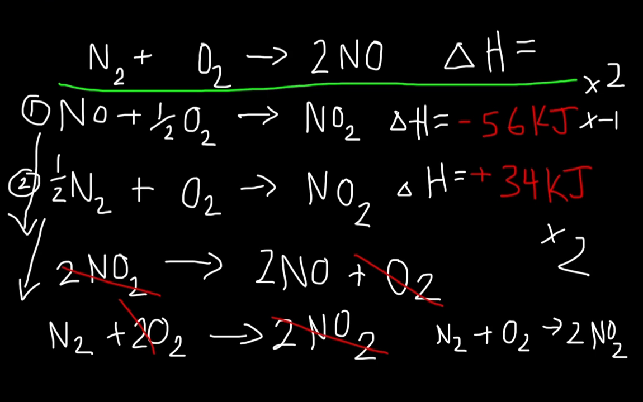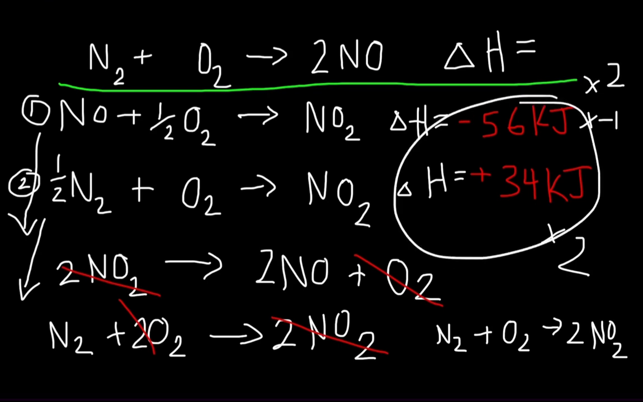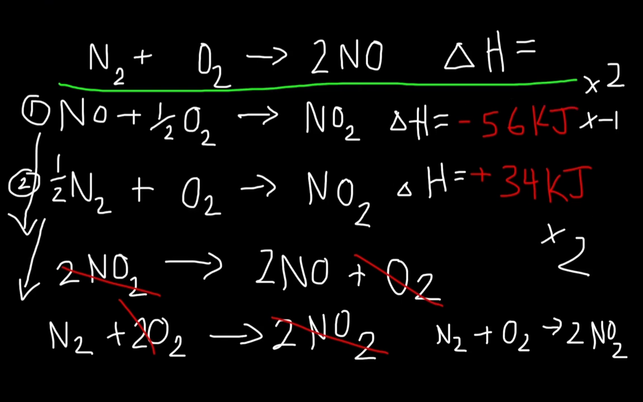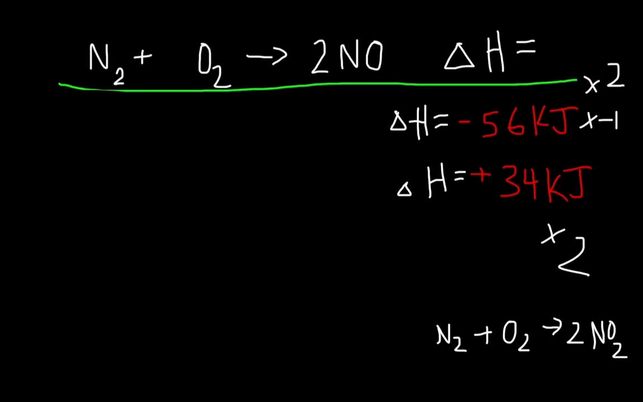And now that the equations are the same, we can just simply add these up. And you need to make sure that you first multiply by all the adjustments that you did and then add them up. And now here we just need to add them up. So the enthalpy change was just